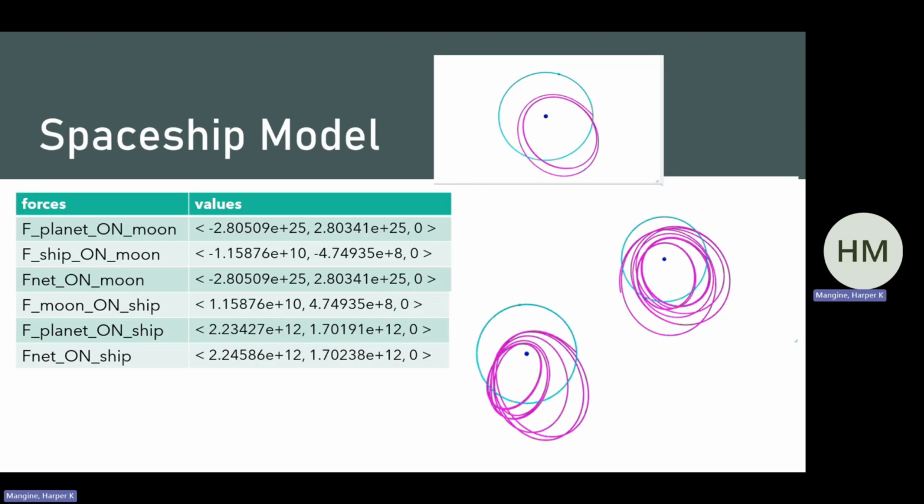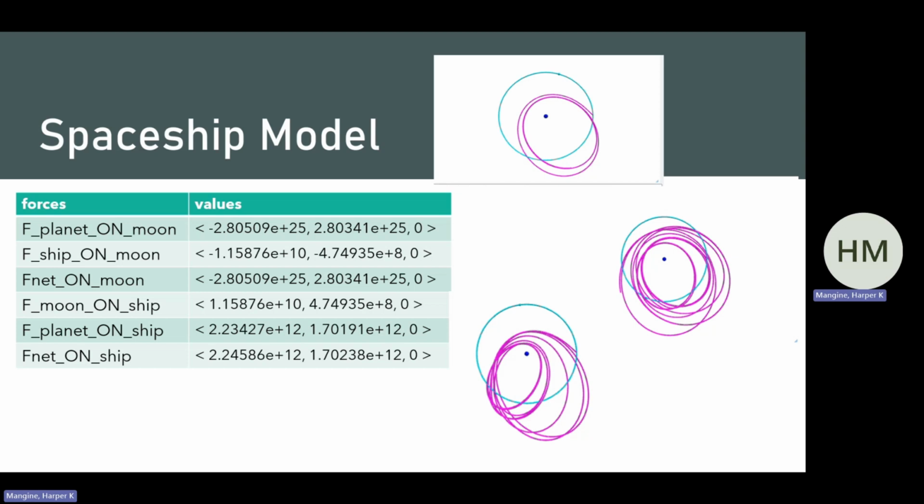So this is my spaceship model. The first one, this had orbited twice. The second one, the orbit started shifting to the left because it kept coming in close contact with the moon. So the moon's gravitational pull changed the trajectory of the spaceship. And then the last one was my attempt at trying to get it to do a figure 8,